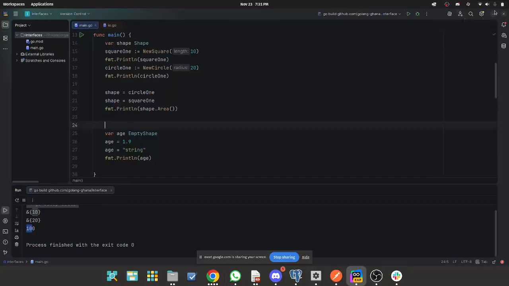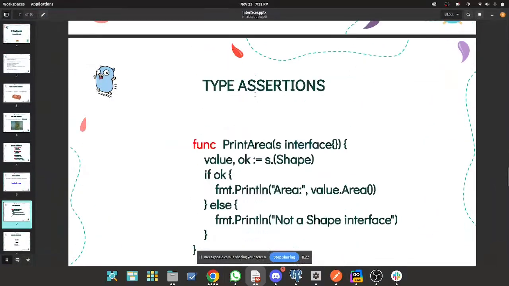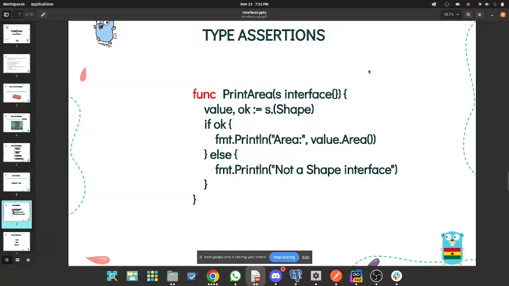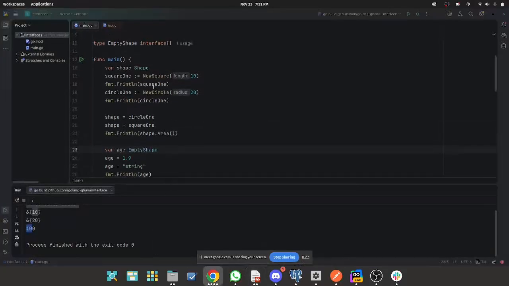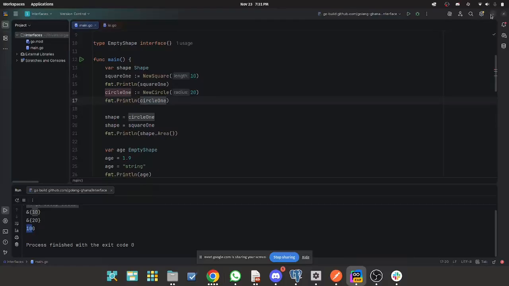Cool. Let's move on to the next thing. Time is running out. Okay, so type assertion. This is very important, so I'll just use this particular example here. In a case where you are passing any of these, like let's say a square or a circle, you want to determine the area of it, but maybe somewhere in line 13 you forgot that you assigned it to an interface. Or even if you didn't forget and you are deliberate about it, what you can do is